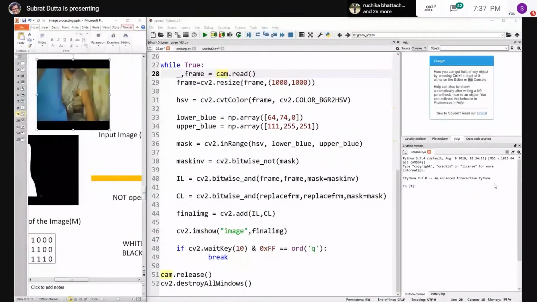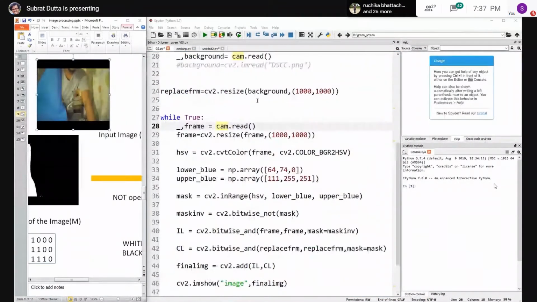And again we do the same resize so that we fit this particular background into this, so we should have the same size. So we just resize the input image that we have right here. This is the frame that we assigned it to, the same variable, so it will have the same thing. After that, what we do is we change it to